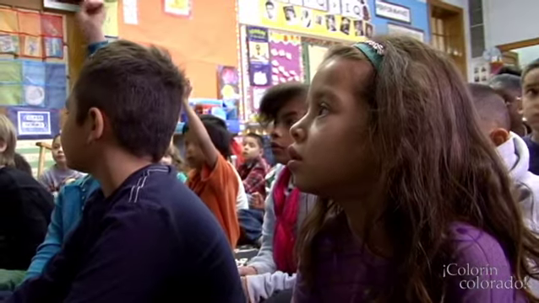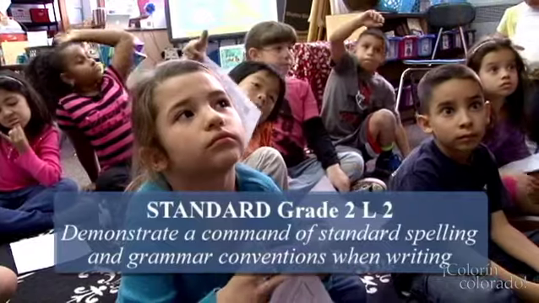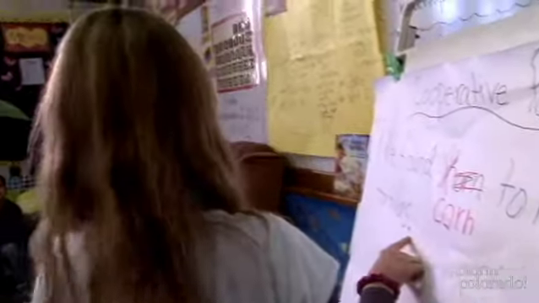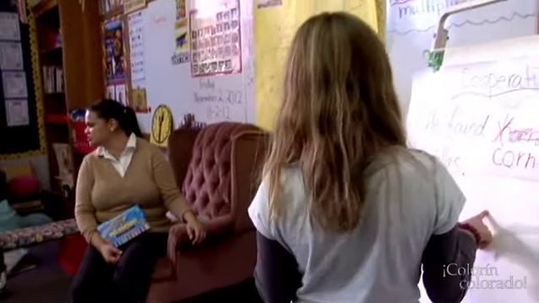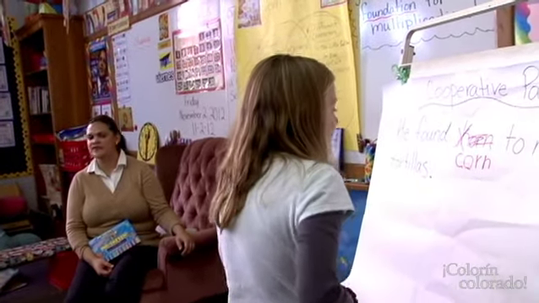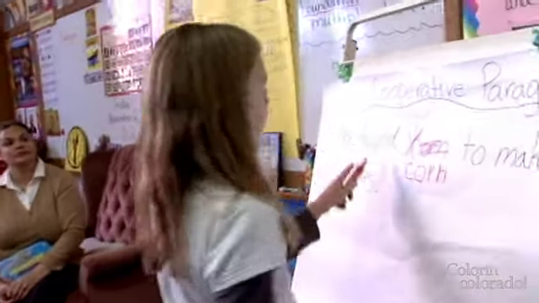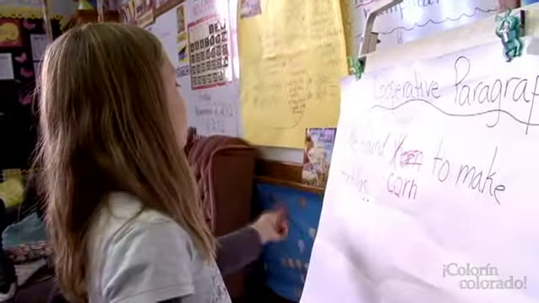This exercise gives the students an engaging way to demonstrate their understanding of the standard conventions of English spelling, capitalization, and punctuation, all of which they need to know in order to meet an important Common Core milestone. There's supposed to be a period at the end. She caught the punctuation. Did you guys see that? Yeah. Did you see that? Okay, let's look at our sentence. Eula, read it again. He found corn to make tortillas.